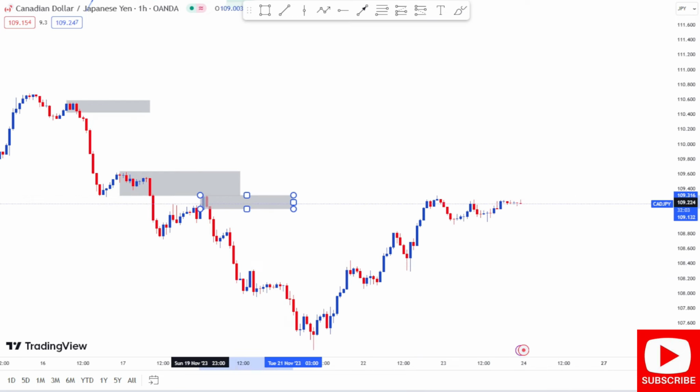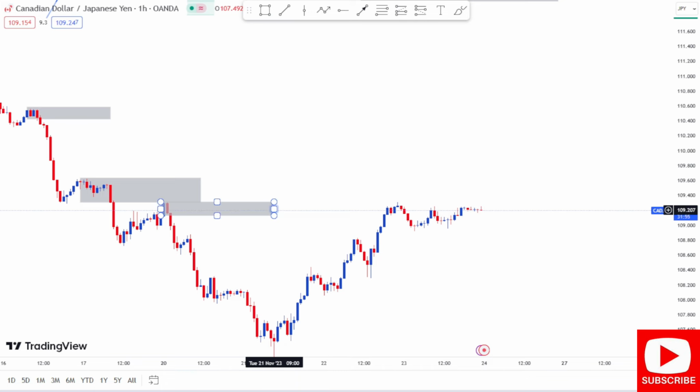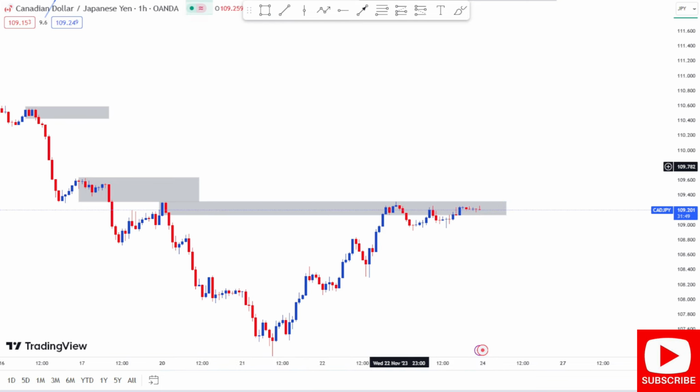So, okay, I drew my supply zone, and right at the very tip of the supply zone, I could see a bullish flag on its way. But remember what I said, guys, when you're drawing using trendline, there are always going to be two ways. It's either the breakdown or the break up. And we can see this trend line that I drew right here. Most people will expect price to just push up and give them a nice bullish flag,